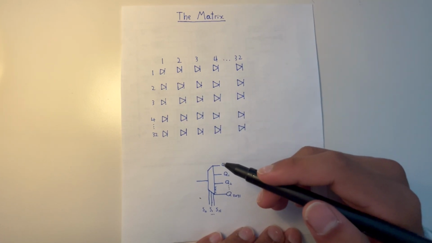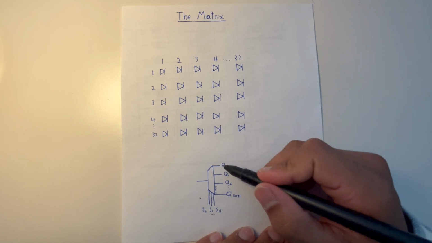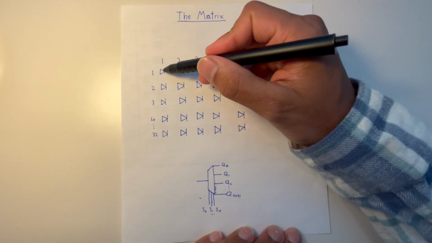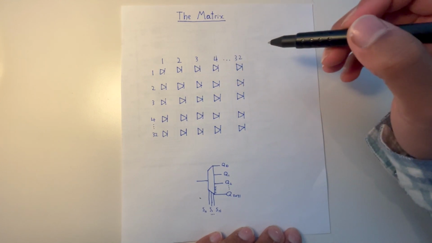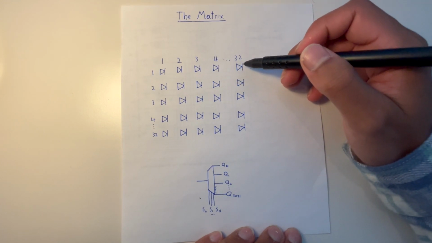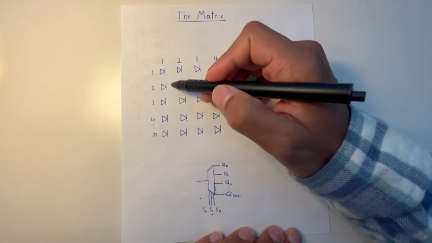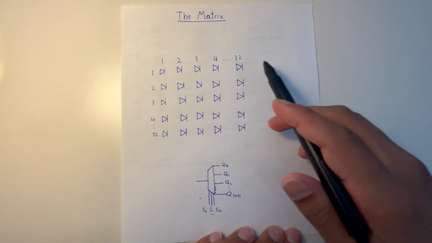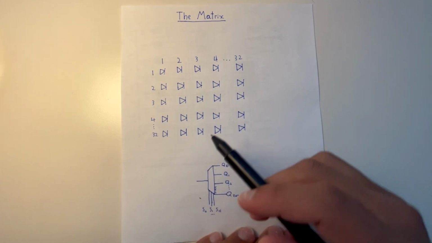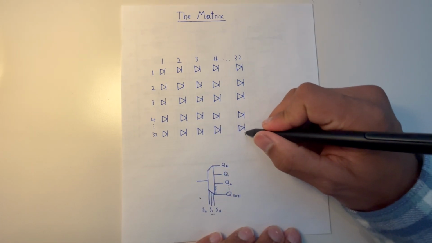So the LEDs are wired sequentially to the demultiplexer outputs in rows. The first LED would be wired to Q0, then Q1, Q2, Q3, all the way up to Q31. And then it loops back around. So this would go to Q32, 33, 34, and it goes across in rows and then down in columns until the very last LED, which would be